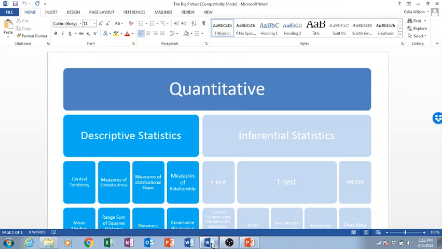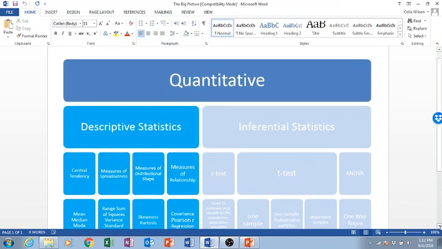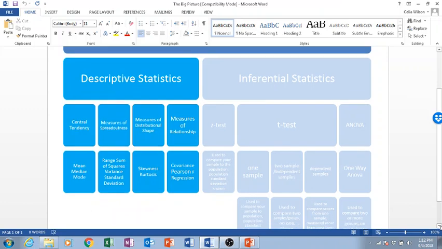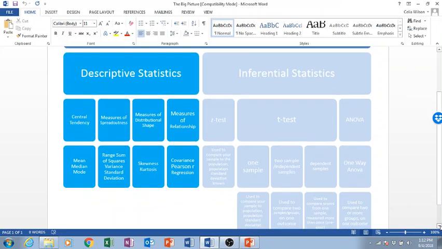We've laid a little bit of foundation in the previous PowerPoints, and now we're getting into the meat of the course. As you know, this is a quantitative course, so we're definitely in quantitative world. As I mentioned in that very first PowerPoint, we are talking about descriptive statistics and then inferential statistics. We'll spend a little less than half, but a little more than a third, whatever that would be,